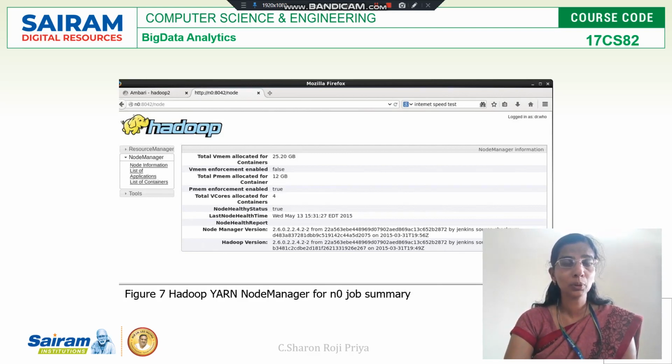You know about name node, data node and all, right? As you know, the name node just has the metadata information. This node manager just tracks the container, and the actual task is taken care of by the MapReduce application.